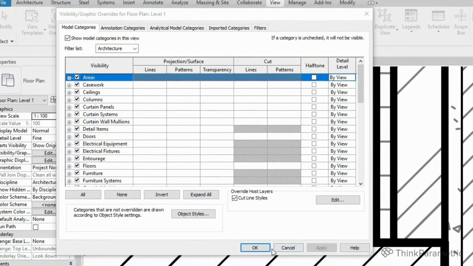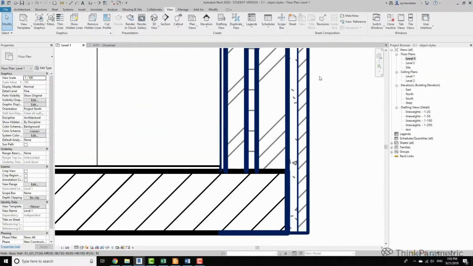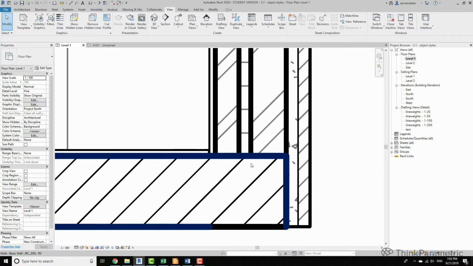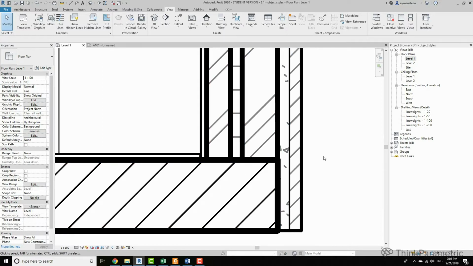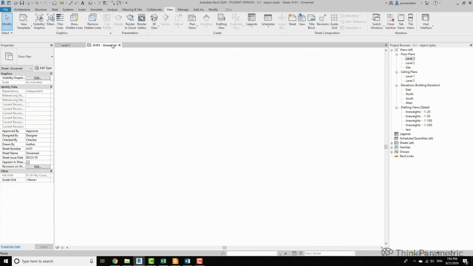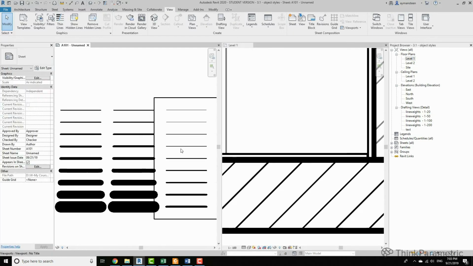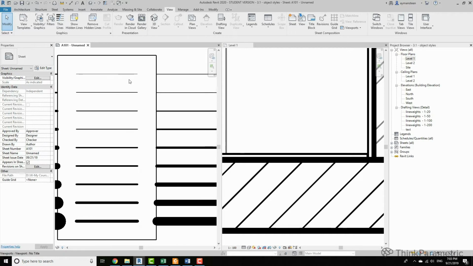Let's apply the changes. You can immediately see that the line weights have changed for the wall layers, appearing in hierarchy function-wise. If we open our line weight sheet, you can see that line thicknesses in both views are the same for scale 1 to 100.